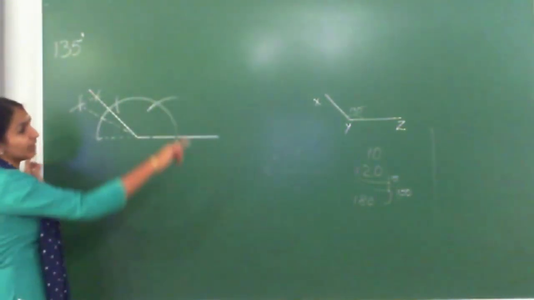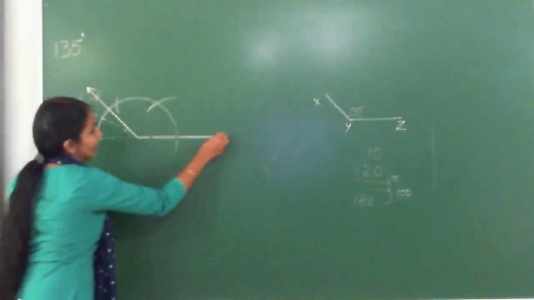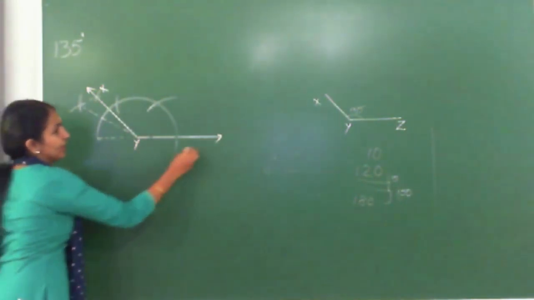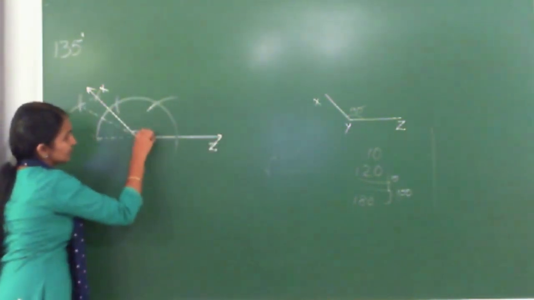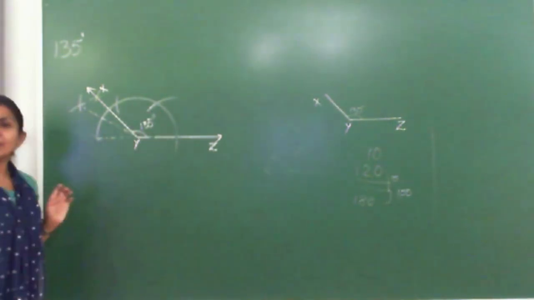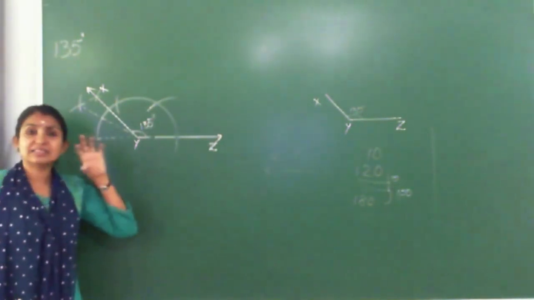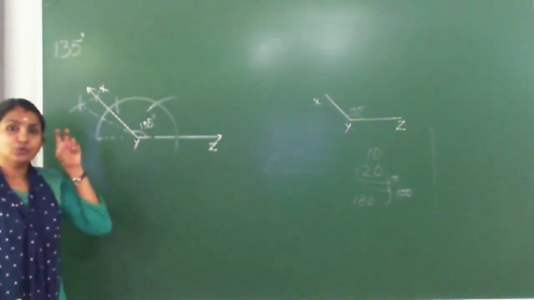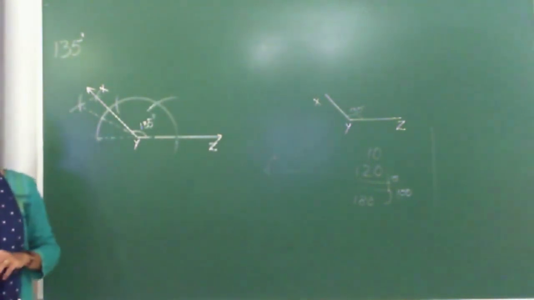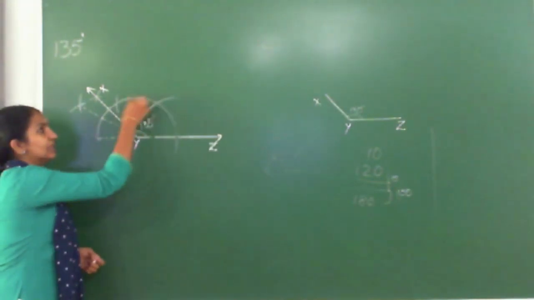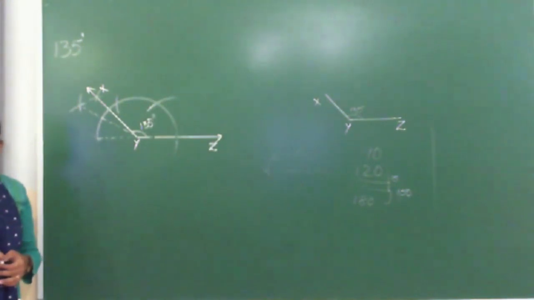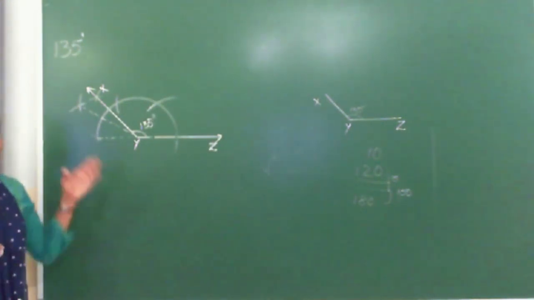After joining the line, we can give the name. Just mark the arrows. Now just name it X, Y and Z. This is the required 135 degree. I know that we made this arc a big one, but try to do it small. Anyway, we completed 4 or 5 angle constructions. Next time onwards when we are doing this, try to make this arc a small one. Then only it will be easy for you when we construct the triangles after this topic.